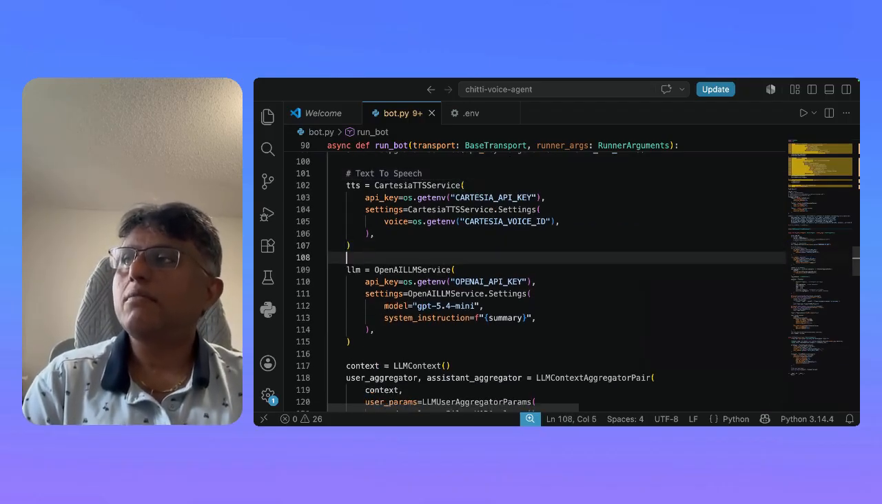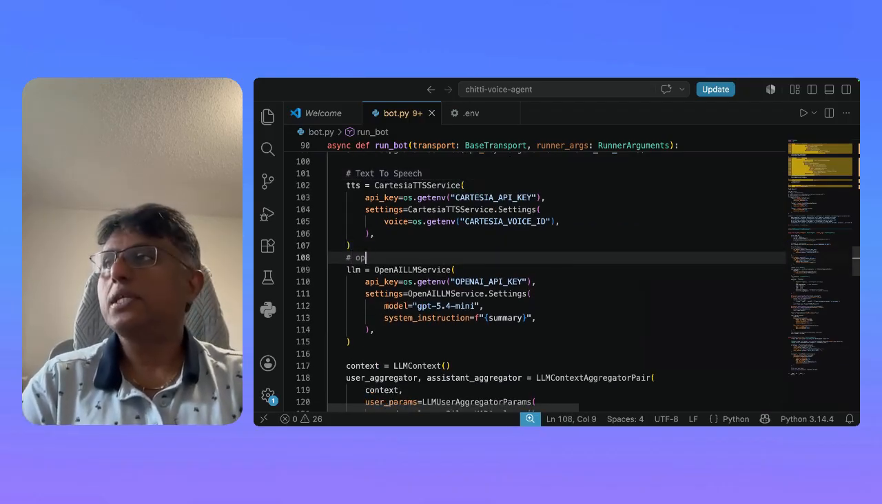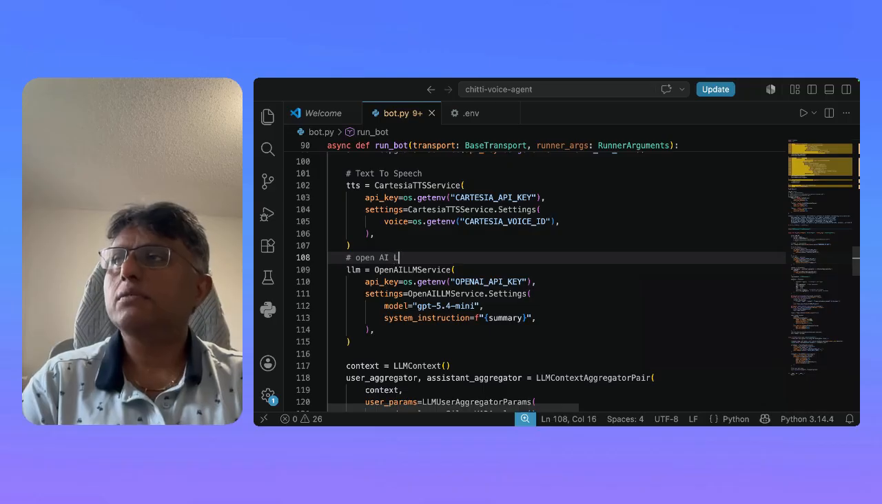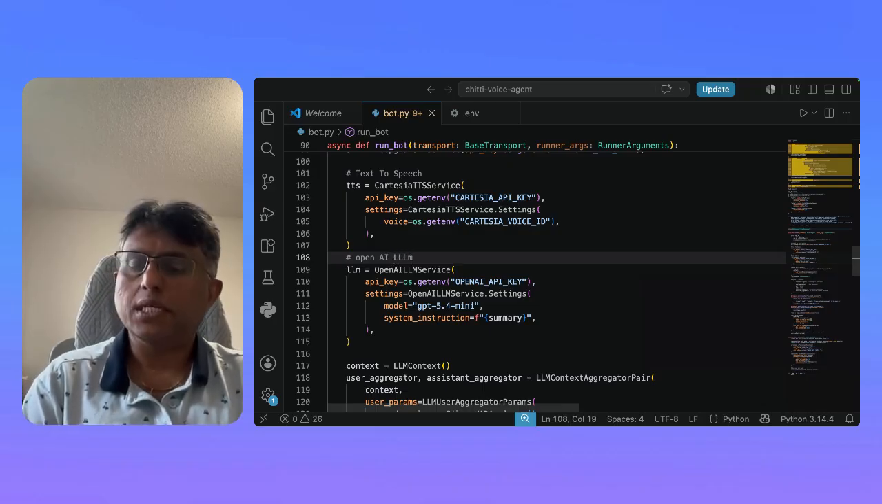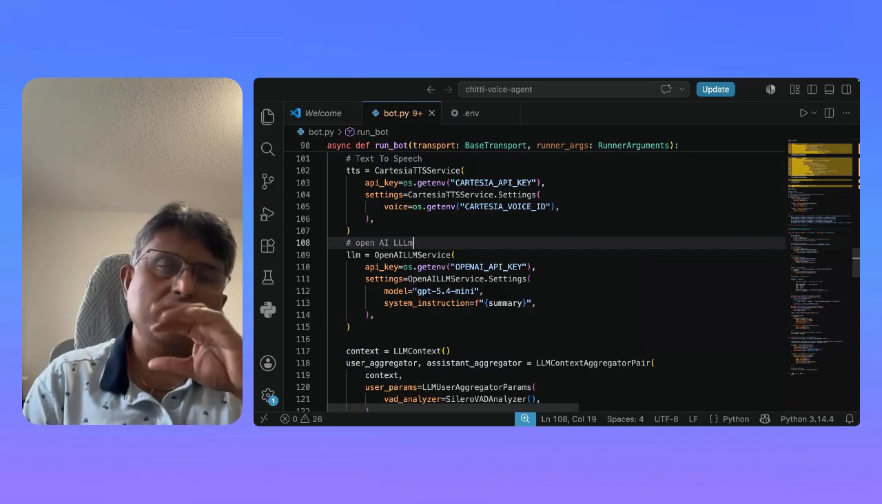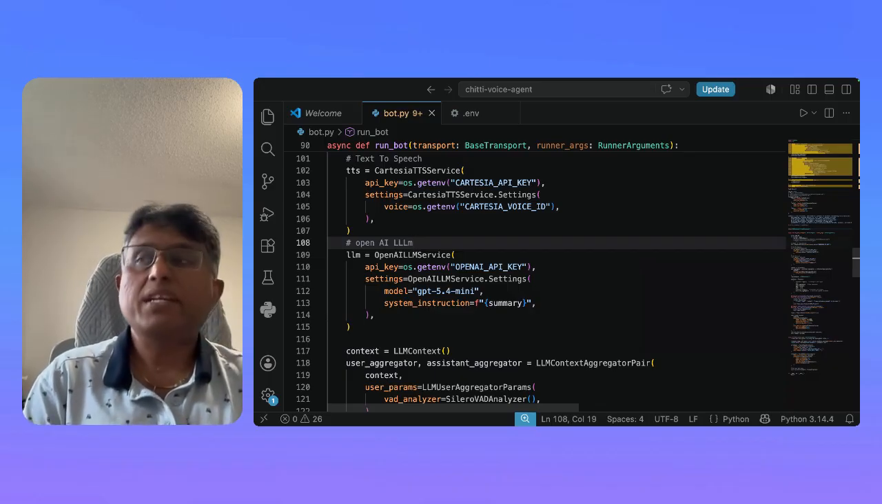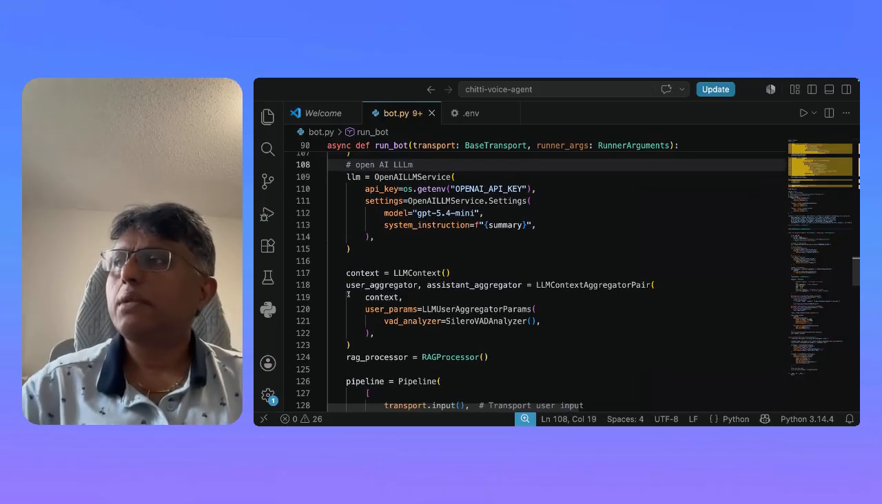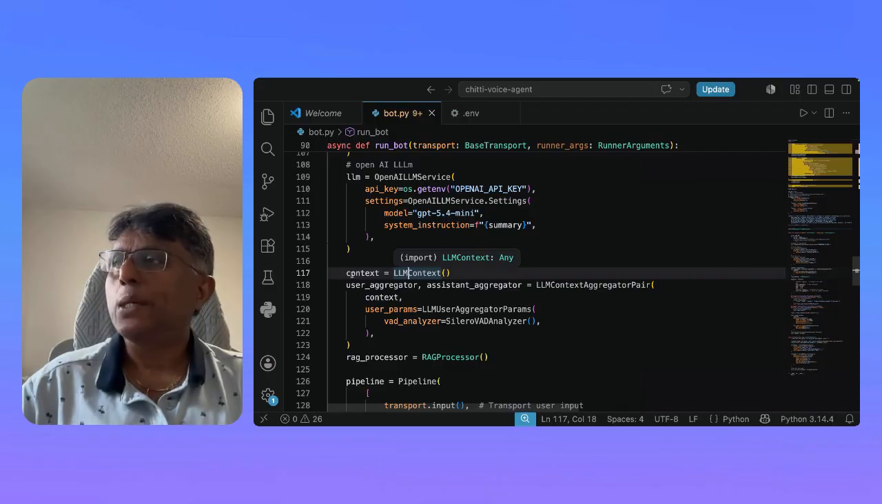And then you have the LLM. As you can see, I'm using OpenAI LLM. You can actually use open source LLMs, but we can come back to that later. I found that OpenAI LLM is better in terms of the quality compared to the open source LLMs. Then basically context, and then this is the